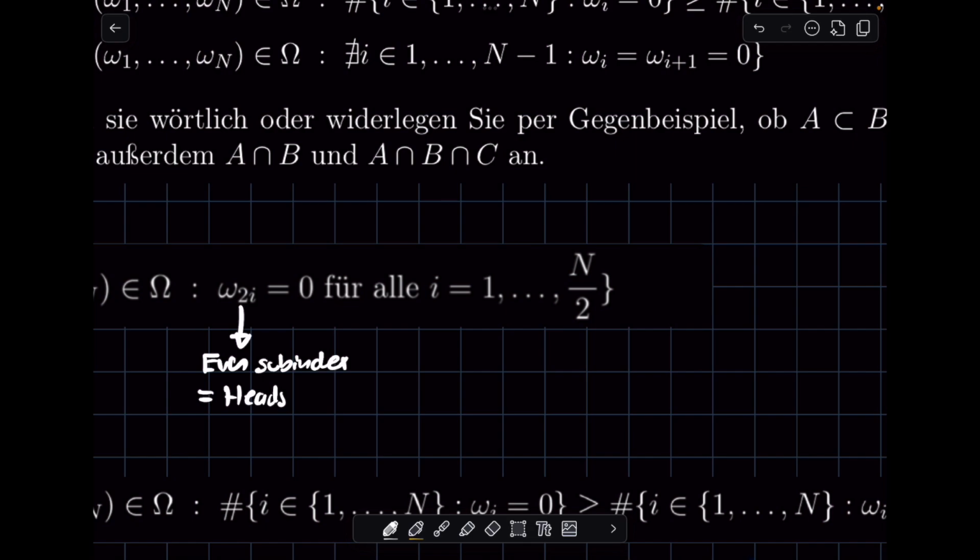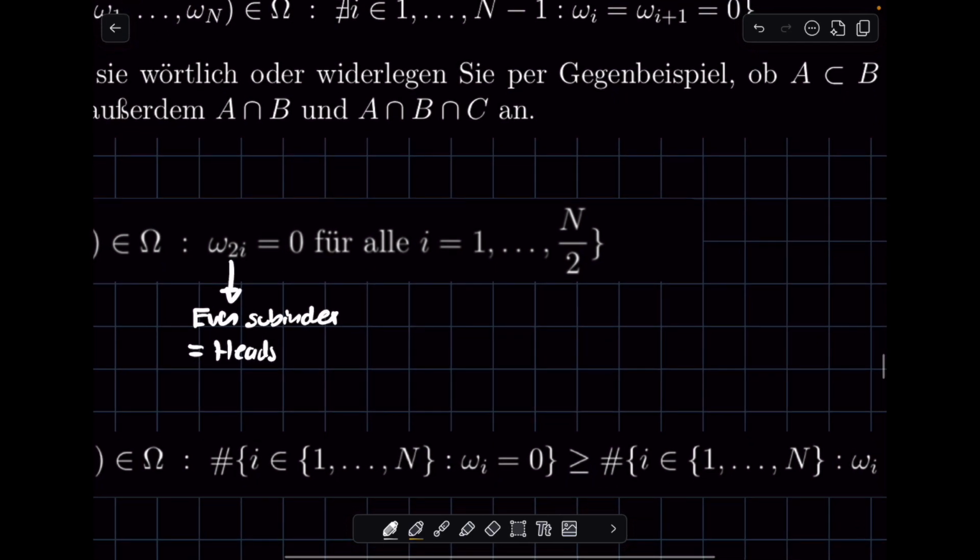For all i's up till n divided by 2. So what does this mean, right? N divided by 2. Well, it means if we have an even n, let's say n is equal to 6, and we divide it by 2, we're going to get 3, right? So i has to be in the range of 1 to 3, right? So in this case,